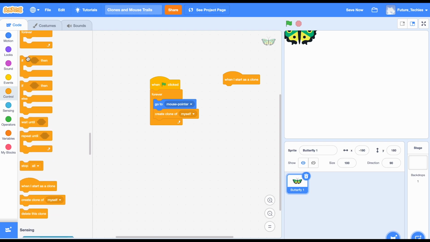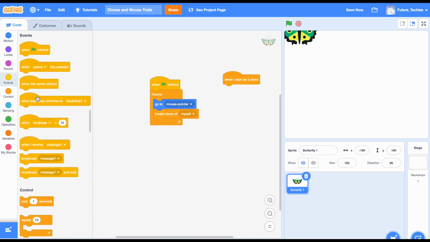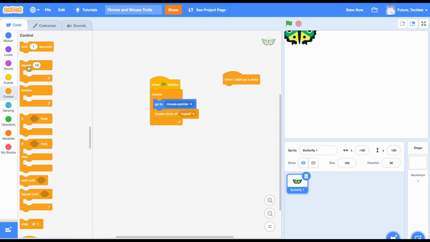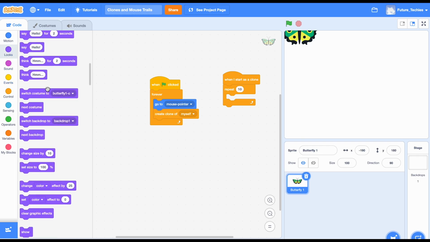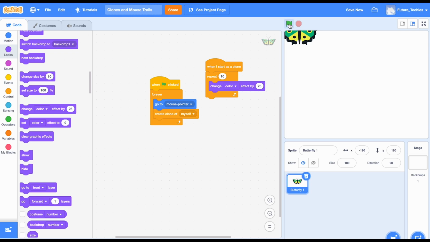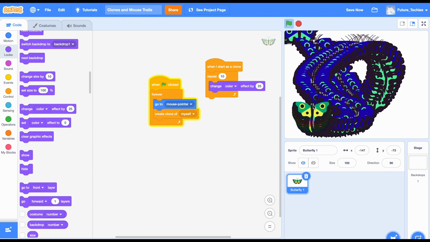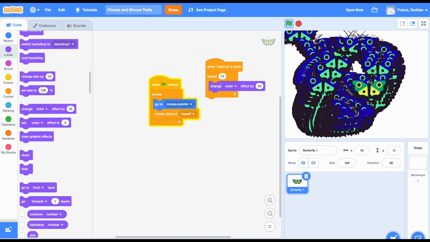So what I'm going to do here is I'll go into the control, and in this repeat 10 times, I'm going to change the color of this butterfly. So I can go to looks here, change the color effect by 25 here. So I'll just keep it as is, and I'll start. You're seeing this color trail which is following, but still the number of butterflies is too many, and